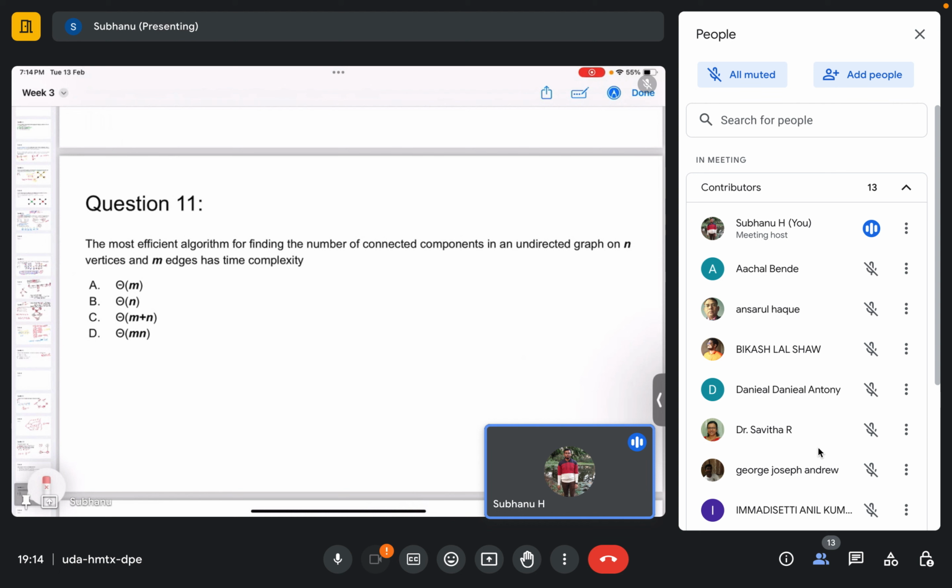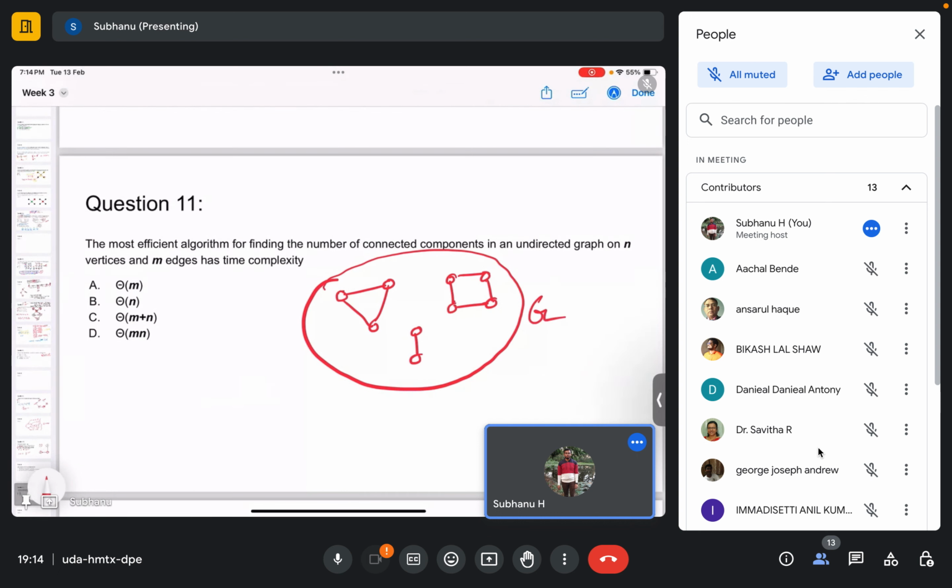So if you have a three-component graph, how will it look? This is one component, this is one component, and this is another. So if this is your graph G, then these are your three components: first component, second component, and third component. So which algorithm can find this? If you apply BFS